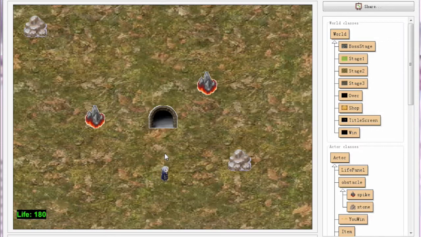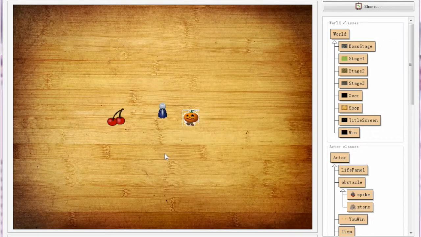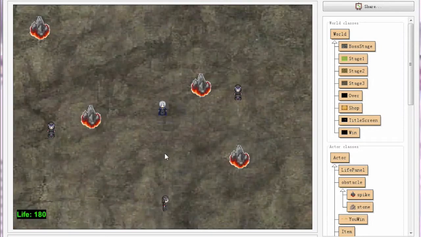Okay, so we can go to the next stage. Oh well, it's the next shop, and I will take the speed this time, so you can see I move faster. Okay, and in this third stage, you can see there's lots of spikes here that want to kill me, and